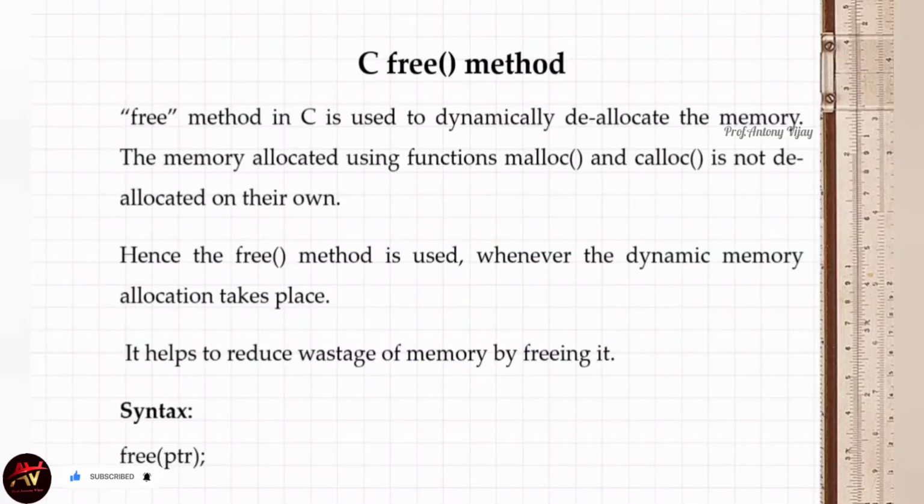Now we are going to see the free method. free means it will deallocate the memory, that is, remove the unnecessary memory. Usually malloc and calloc occupy some memory during a certain task. After the task has been completed, this free method is called and removes the unnecessary space. For that purpose only we are using it. The syntax is free of ptr. Let me see the explanation through the CodeBlocks IDE.